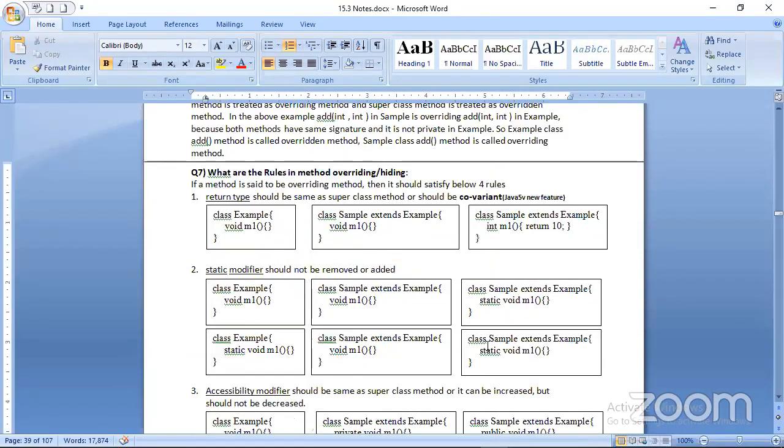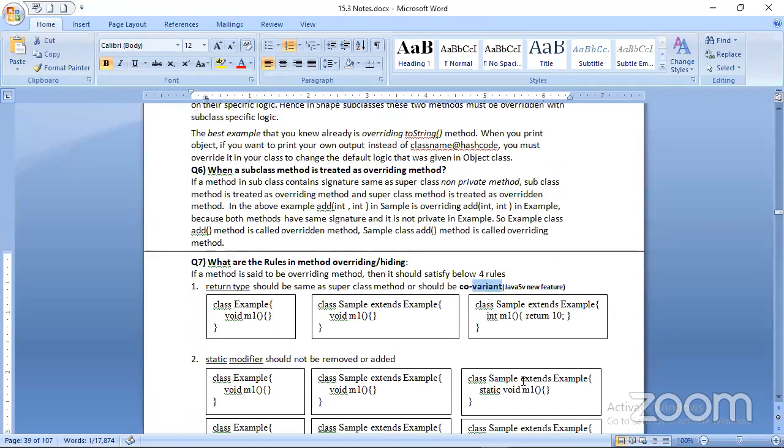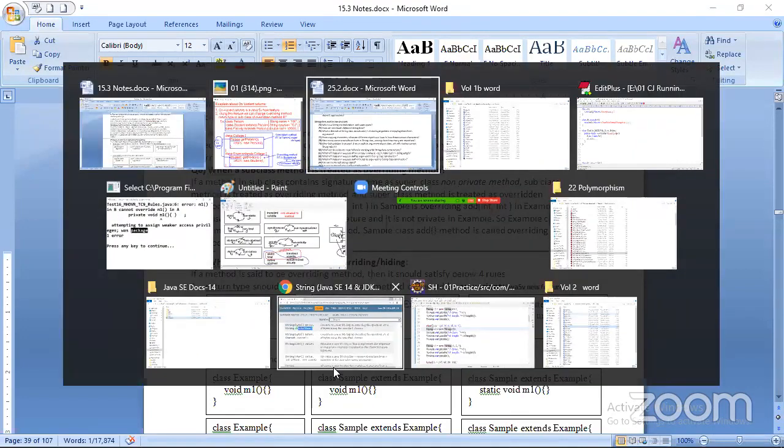Same kind of object is called covariant. Co-employee, co-friend, we call it. When I am absent, who will do your work? My co-employee, my colleague will do. In the same way, covariant is nothing but